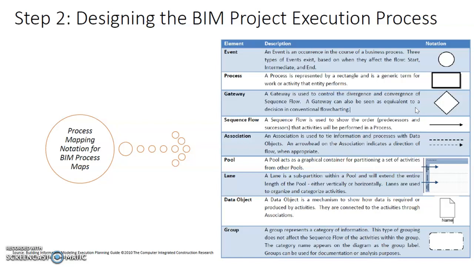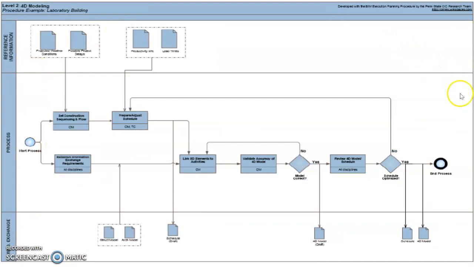So again, coming back to just now, where you want to have a detailed process for the BIM use of 4D modeling, what does it look like? Let's take a look. You divide the whole page into 3 zones. The middle zone is where you show all the process steps, and the top zone you will indicate the reference information that is needed while you go through the process for that particular BIM use. And the bottom portion will indicate the information exchange that is needed for the process to